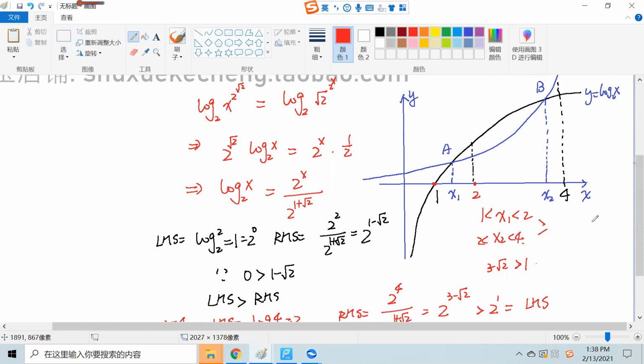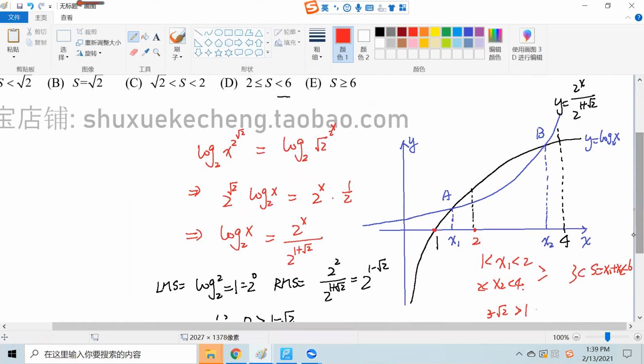And we conclude that the sum x1 plus x2 is greater than 3 and less than 6. Between 3 and 6, we choose D. 所以用数形结合是很快的方法，不用做复杂的运算，直接去确认特殊点，我们要的交点在特殊点的左边和右边就可以了。